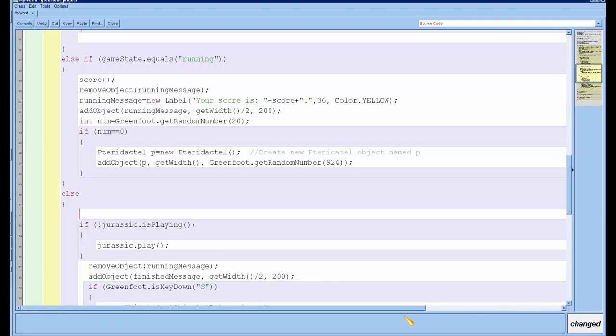We don't want Jurassic Park to start playing again until the dying sound is finished. So we're going to say if not Jurassic playing and not dyingGroan.isPlaying, then play the Jurassic sound.